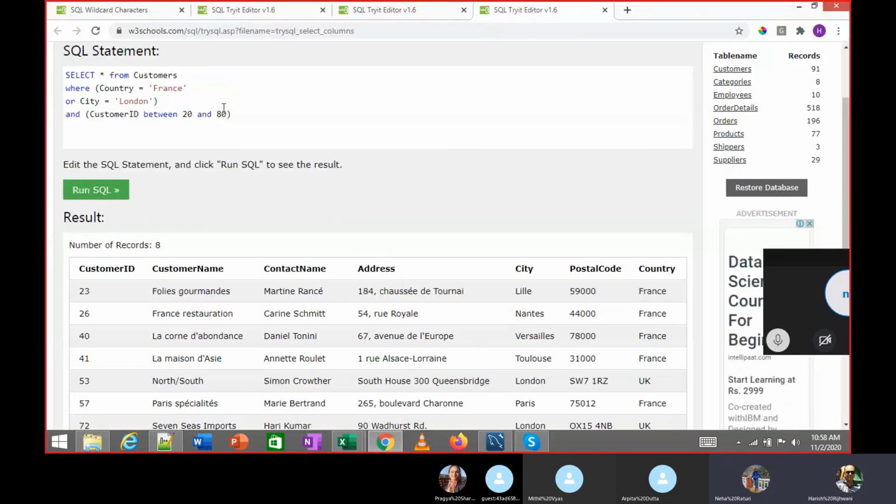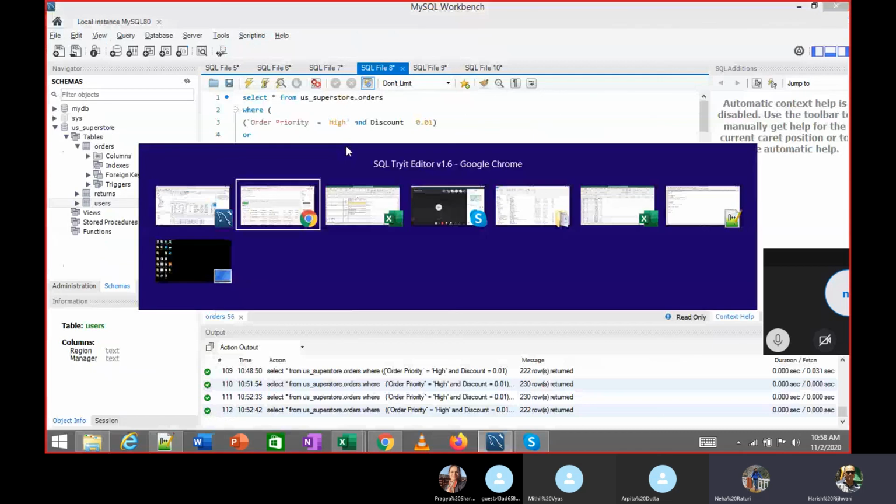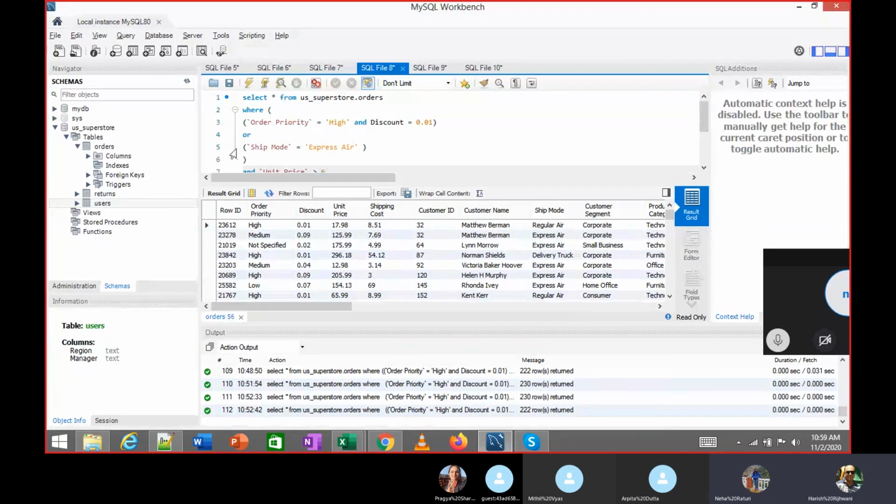But this is pretty straightforward. You just have to use it. Try it for this one: fetch high priority orders for discount greater than 10% and less than 50%.